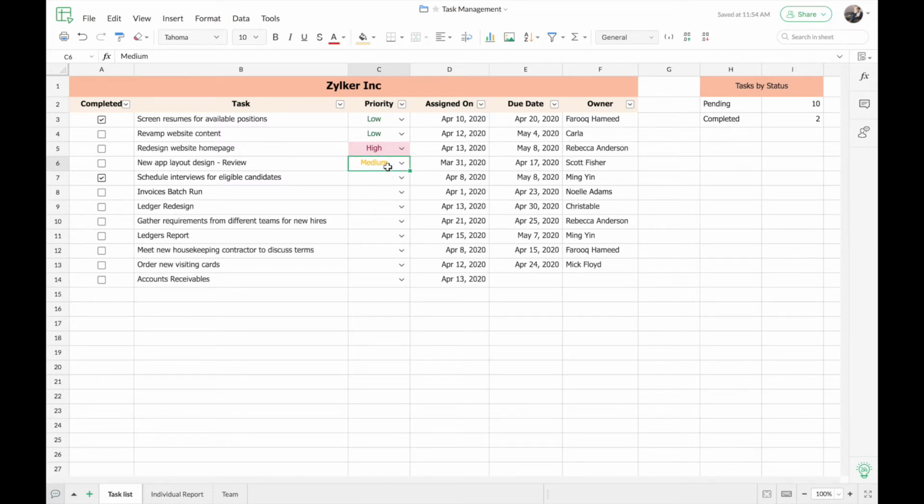As you can see, once I inserted the value into the cell, the corresponding format for that particular value got applied automatically. And no other values other than those that are given in the drop-down can be entered into this particular cell range. So this way you can have a controlled data entry process in your spreadsheet.